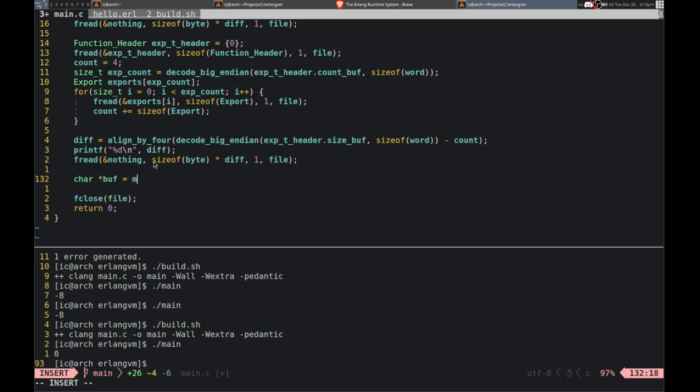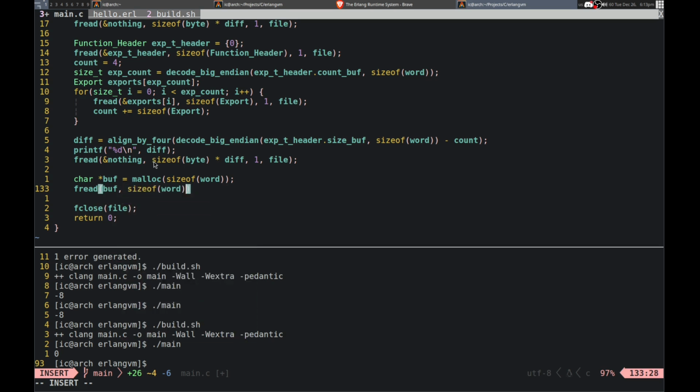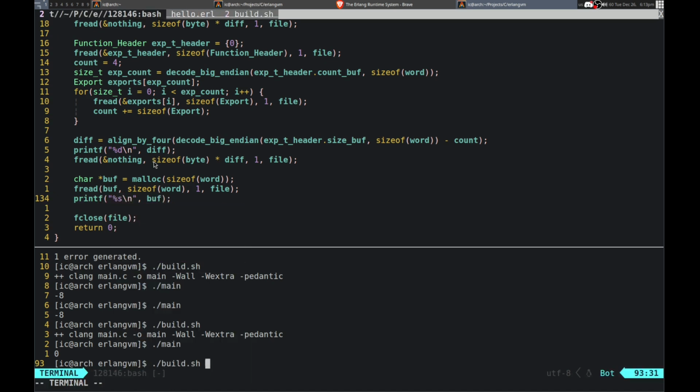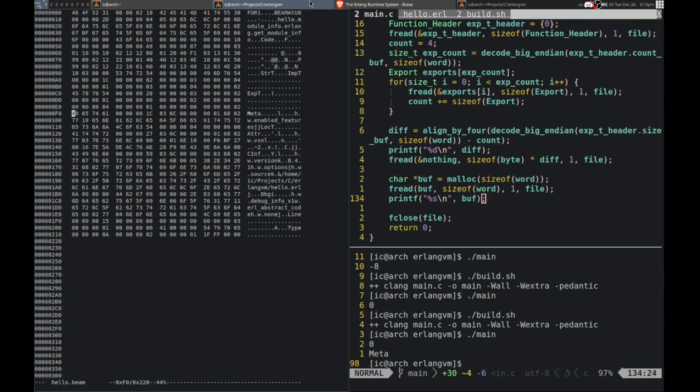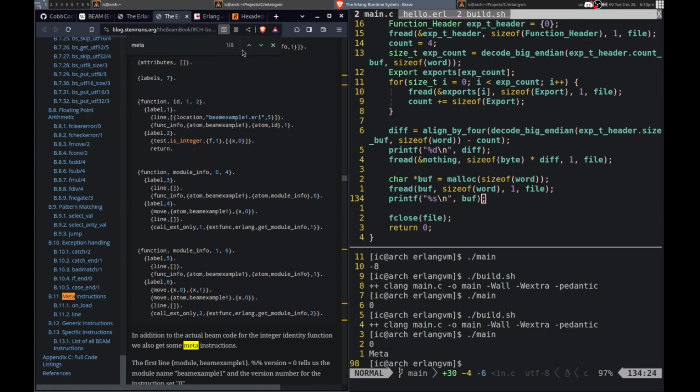Type of word, okay. Word 1 file. Okay. Alright, let's see what happens. Meta. Okay, so what is meta?